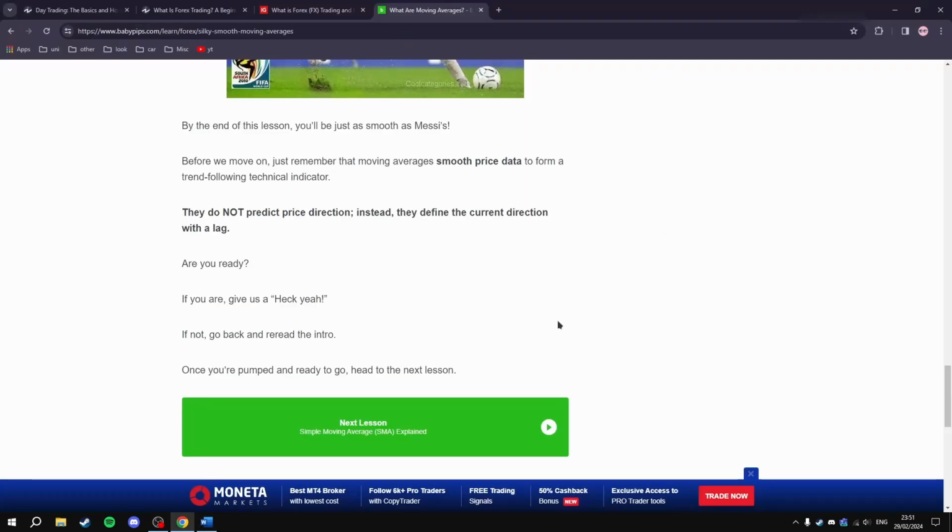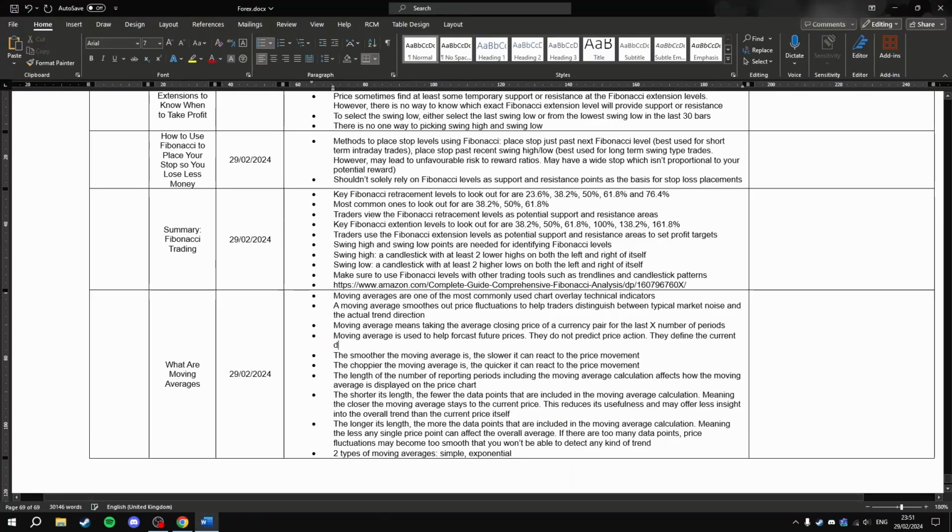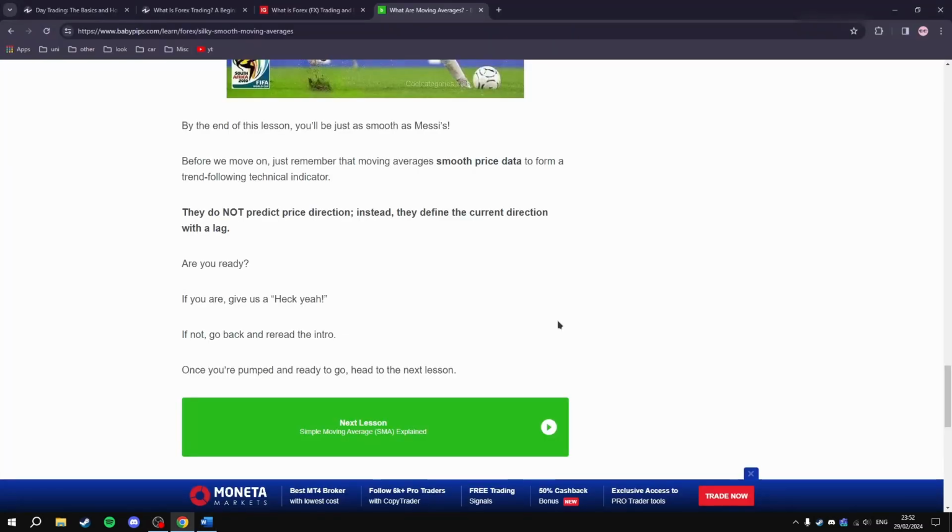They define the current direction with a lag. That's a bit of the opposite of what they said. So they said moving average is used to help forecast future prices, but then they said they do not predict price action. So I don't know if they're contradicting each other, but